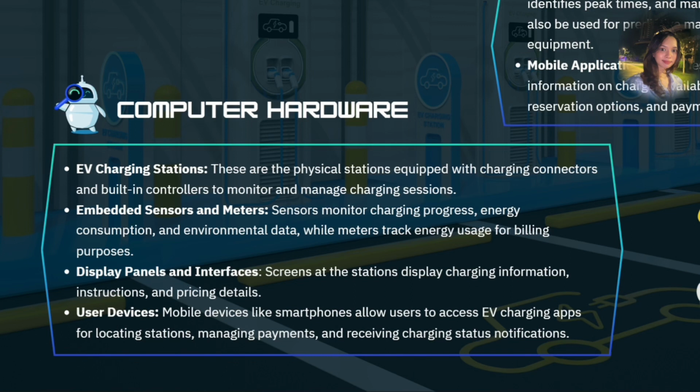Next is display panels and interfaces. Screens at the station display charging information, instructions, and pricing details. Lastly, in computer hardware, we have user devices. Mobile devices like smartphones allow users to access EV charging apps for locating stations, managing payment, and receiving charging status